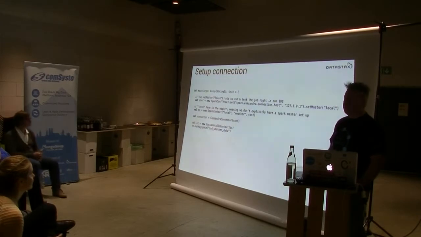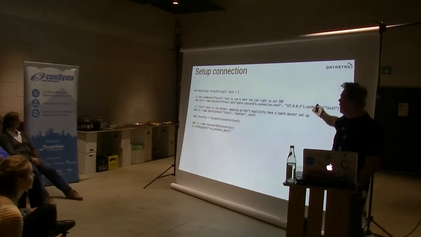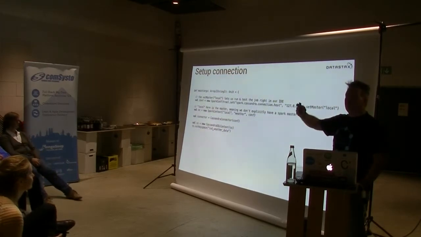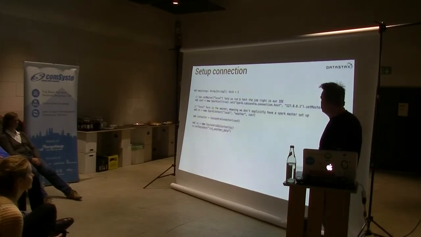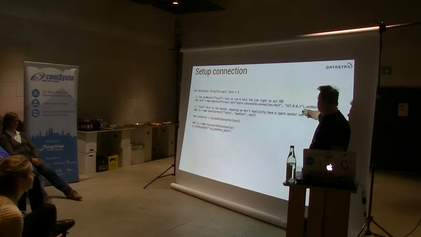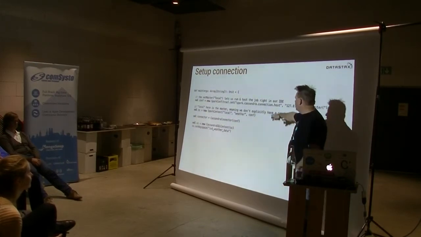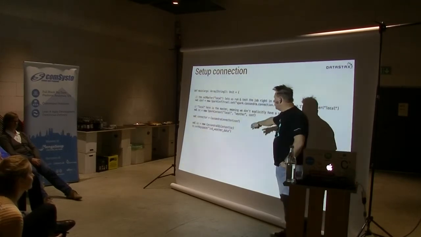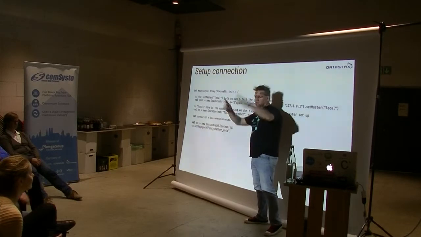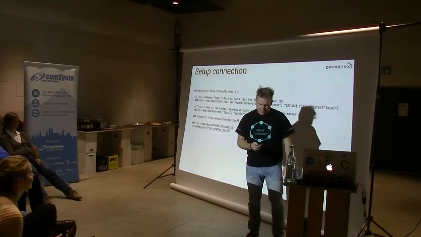I'm going to walk you through a real quick thing here. I'm actually going to run a Spark job over my raw weather data. So I'm going to set up my connection to my database. I'm going to connect to the Cassandra node, and then I'm going to connect to my local weather. Here's my connector, and I set my keyspace, which is where all my tables live. And now I can start